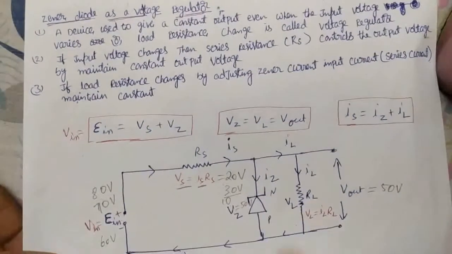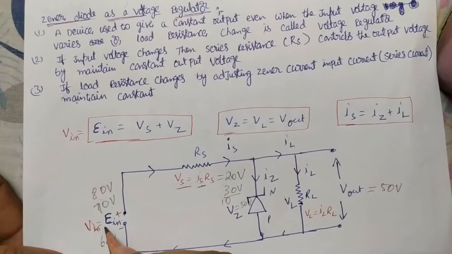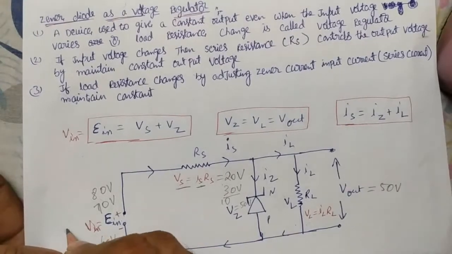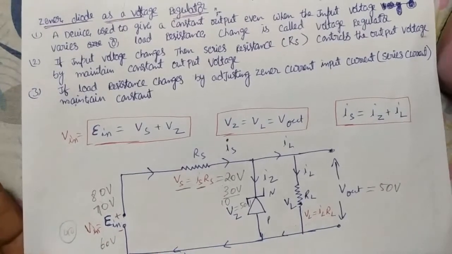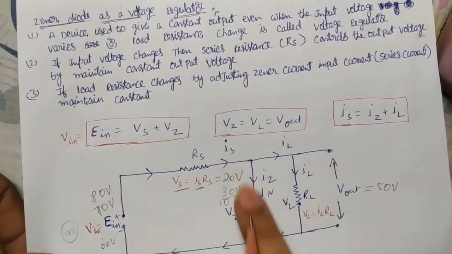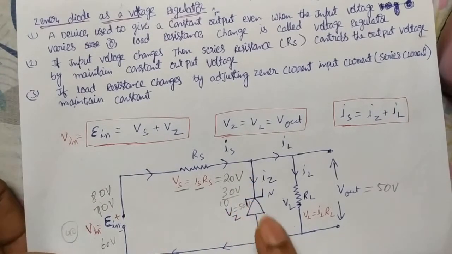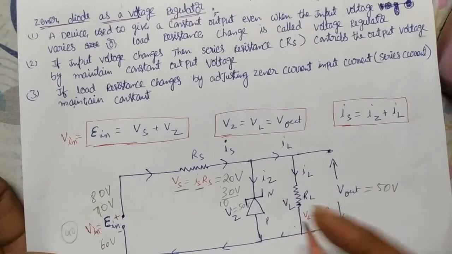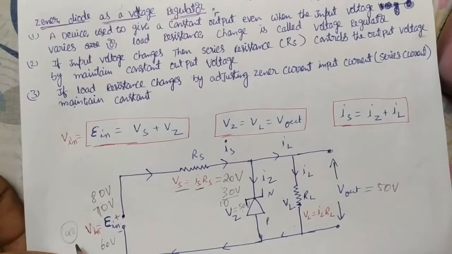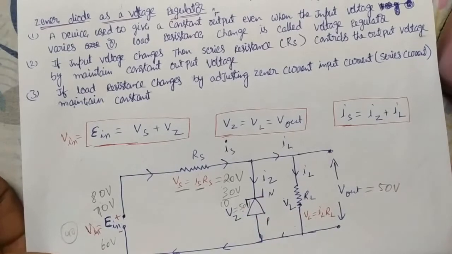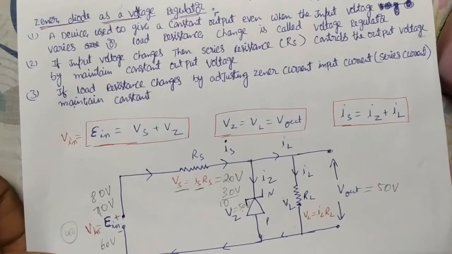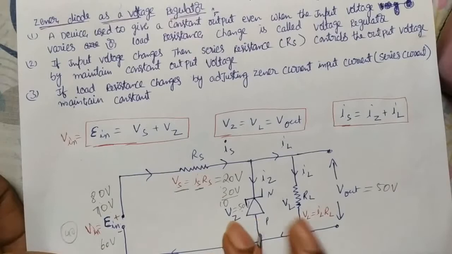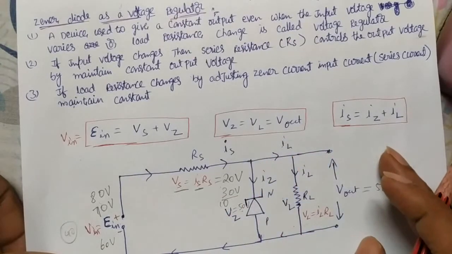Suppose the input voltage we supply is less than 50, only 40. It gives the total 40 here and no current flows through the Zener. It gives 40 completely here, and in that case it can't regulate. Actually we need 50, but if the supplied voltage is only 40, it can't do anything. Whenever more potential is applied, only then can it give a constant potential outside.